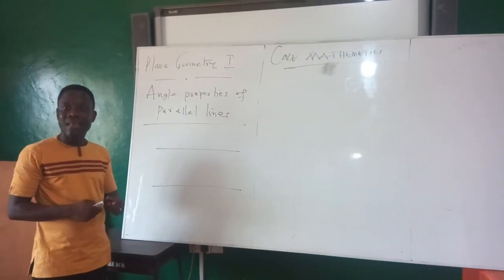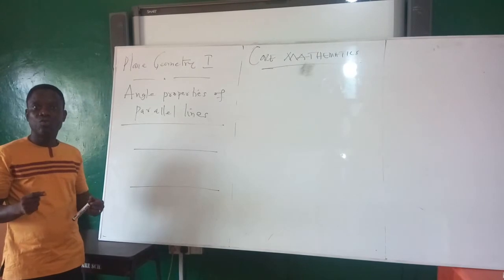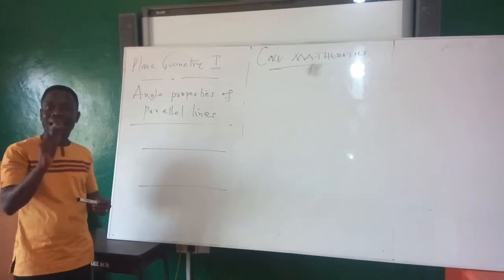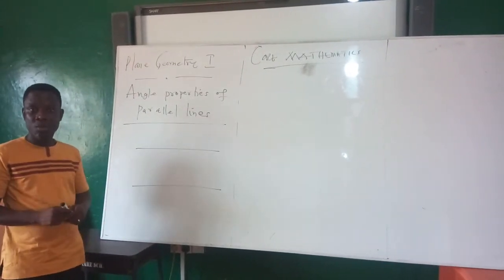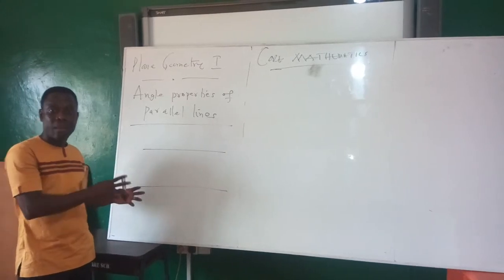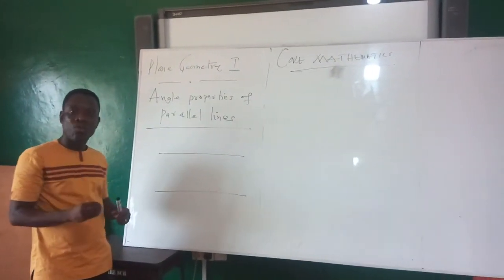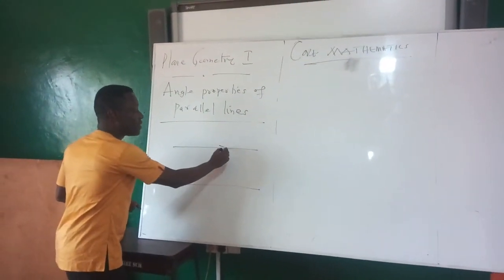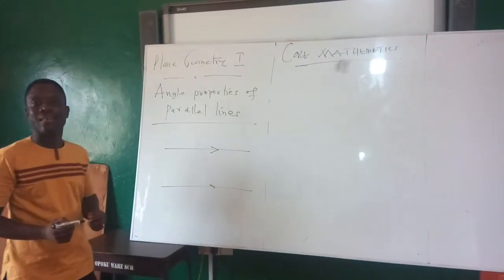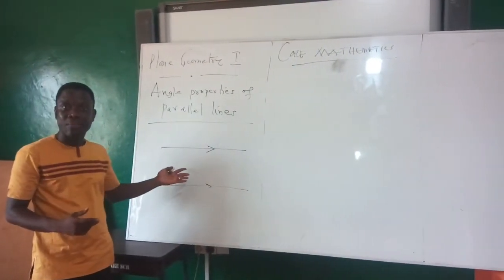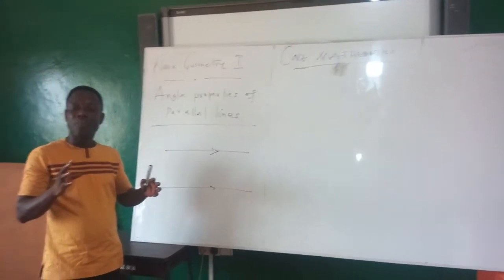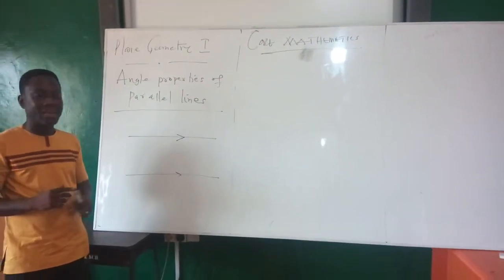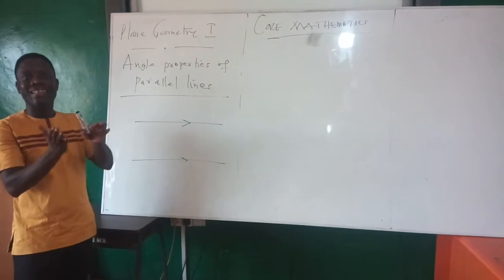You are not going to say they are parallel lines because they look like they are not going to meet. But in mathematics, there are signs that are used to indicate that lines are parallel, so that you don't just assume. For you to be categorical that these two lines are parallel, you must see these arrows, two arrows directed in a common direction. That is what mathematically emphasizes the fact that these two lines are parallel,